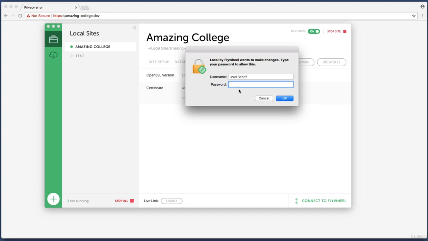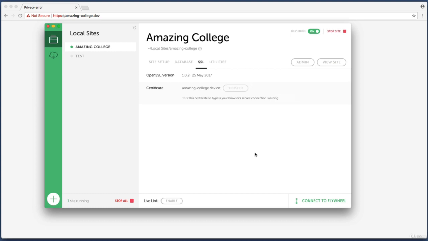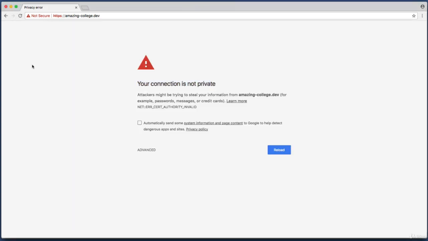If you're using a Mac, you will need to enter your user account password, and on Windows, you will probably need to click on a notification pop-up. Basically, we're telling our computer to trust the dummy or fake certificate for this domain. Okay, now once you've trusted that certificate, if you go back to the site and refresh,